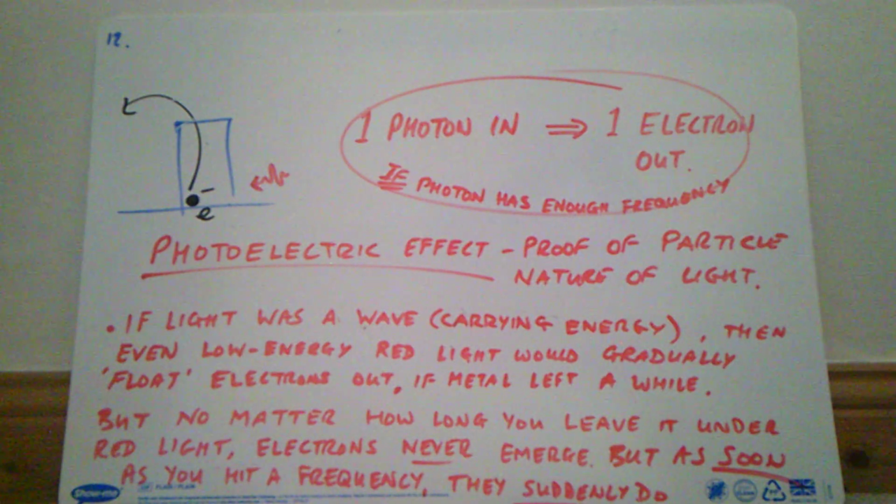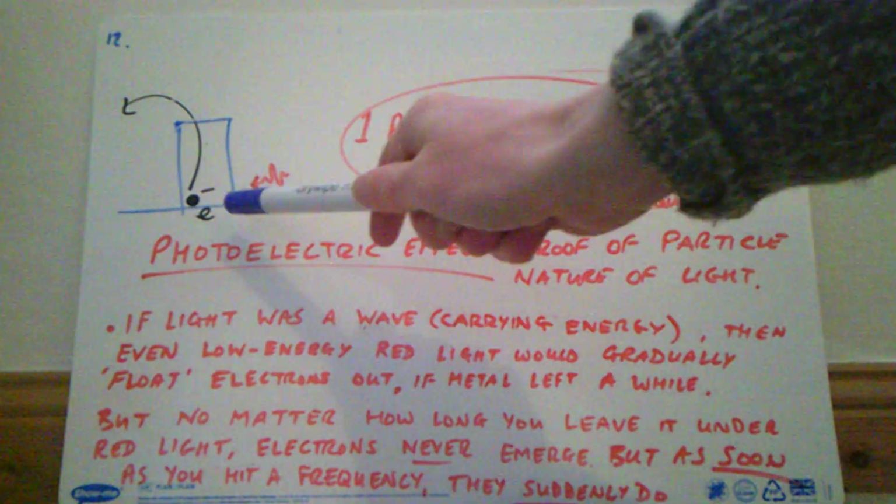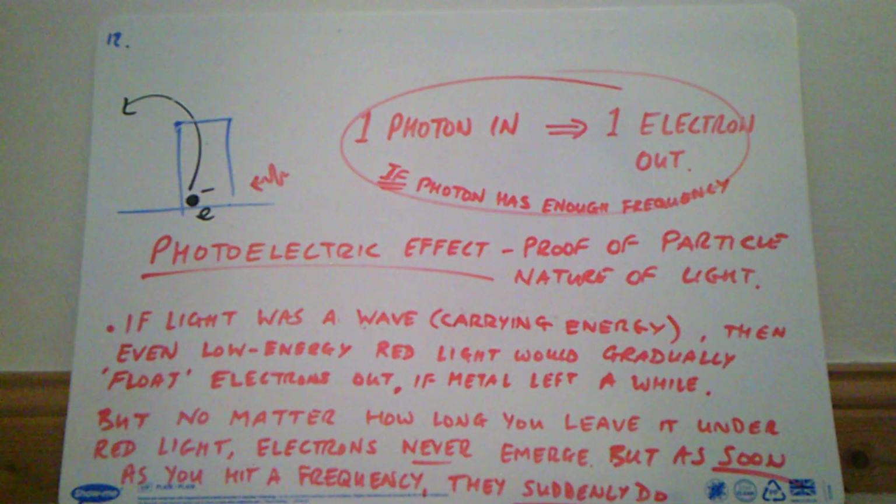And if you're thinking of light being a wave, that doesn't make sense. But if you've got the whole one photon in, one electron out, so long as the photon has that sufficient frequency, the threshold frequency, then all of a sudden that behavior makes sense. And actually, furthermore, you can make the light dimmer and dimmer and dimmer until you've essentially got a photon at a time coming in, and then you have an electron at a time coming out. So the current of electrons coming out seems to match up the number of photons coming in,